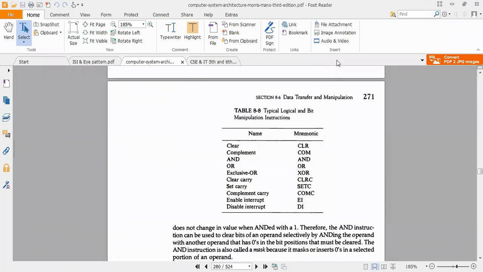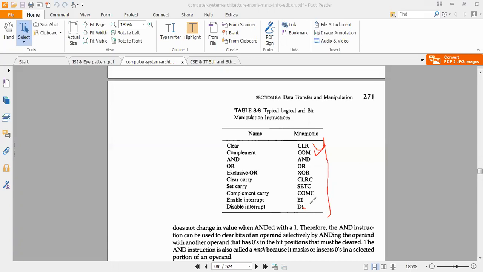So these are the instruction sets. Manipulation instructions: clear, you have to use CLR. Complement, that is one's complement, COM. AND, and OR, and exclusive OR, XOR. Clear carry CLRC. Set carry SETC. Complement carry COMC. Enable interrupt EI.